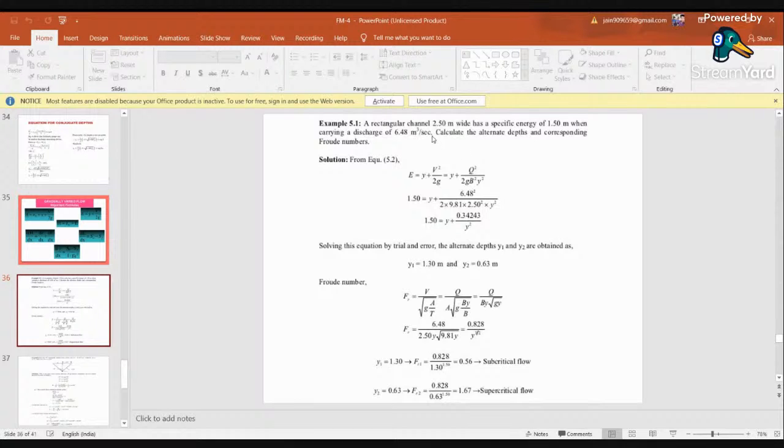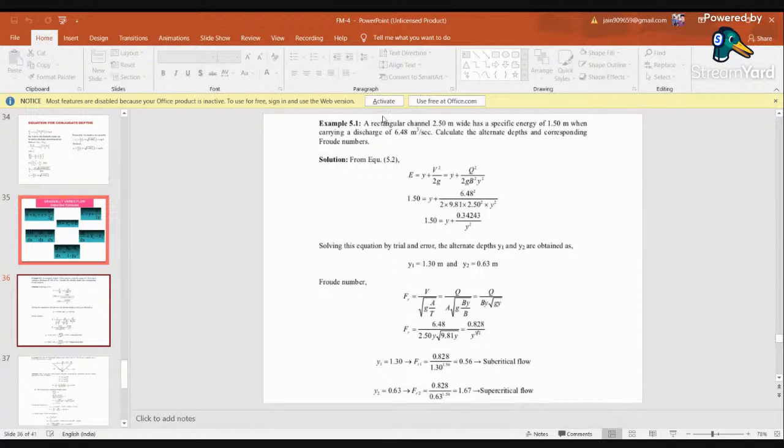a discharge of 6.4 meters cubed per second. Calculate the alternate depth and the corresponding Froude's number. Okay, so for specific energy we can use this equation, E is equal to y plus v square by 2g, and v square by 2g can be written as capital Q square by b square. Put in all the values. You are not given the depth of the water section, then you have to use